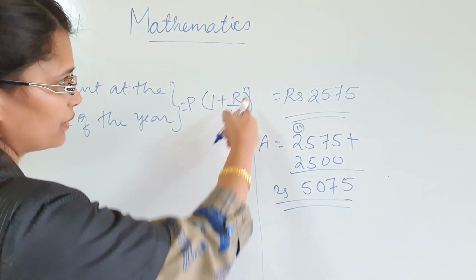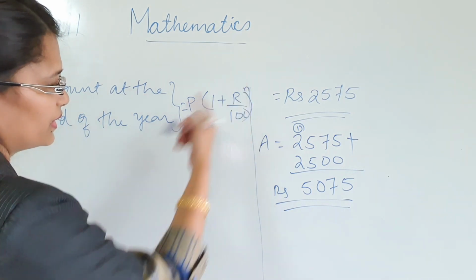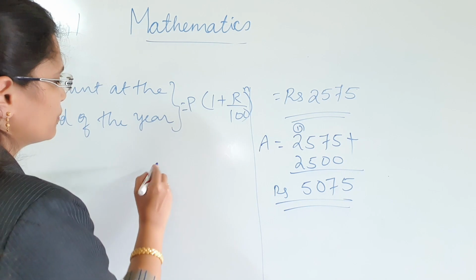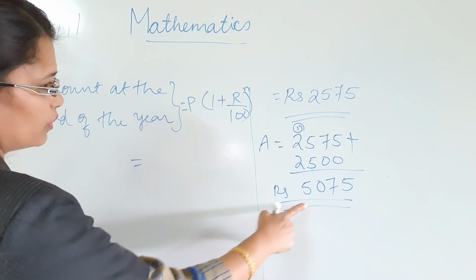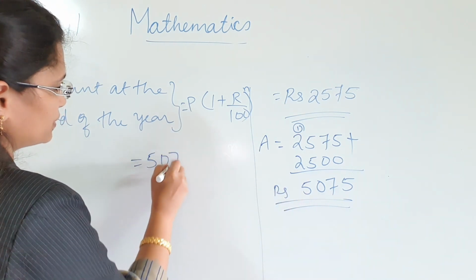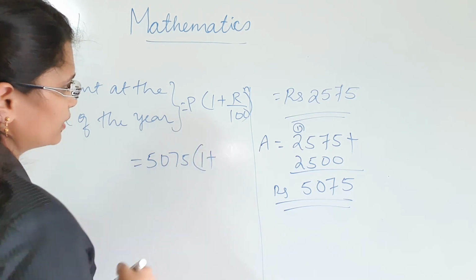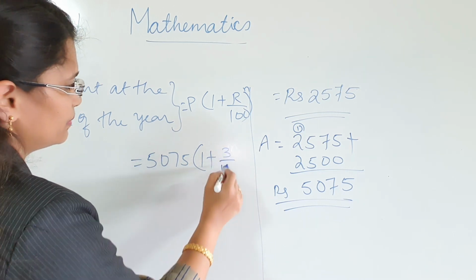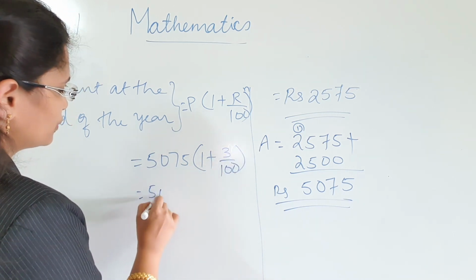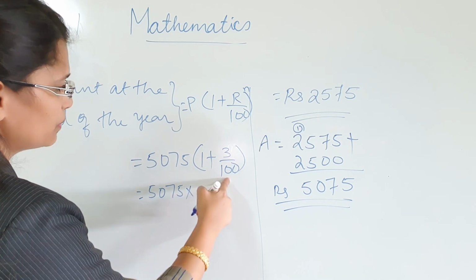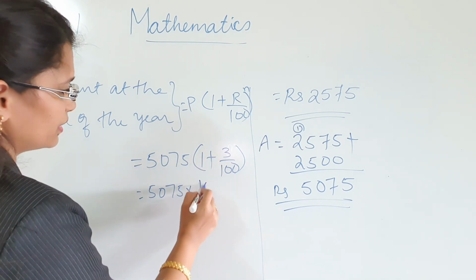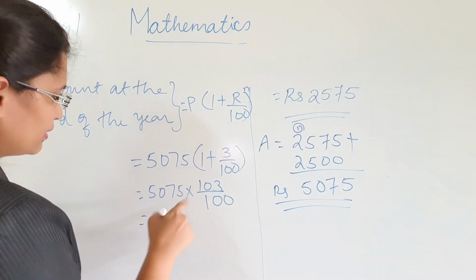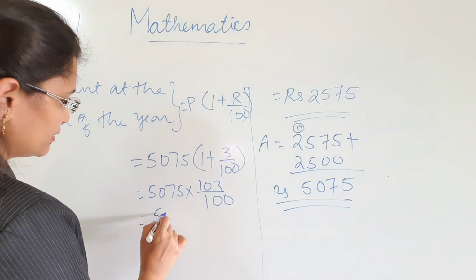So, there are 2 halves in an year. So, no need to write that 1. First 6 months we calculated already. So, here 1 we do not need to write. So, what is the new principal here? 5075 into 1 plus R by 100, 3 by 100 is equal to 5075 into 100 plus 3, 103 divided by 100. You cancel this. So, you will get the answer